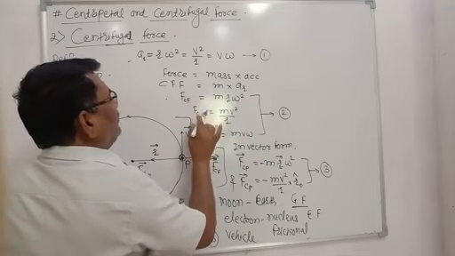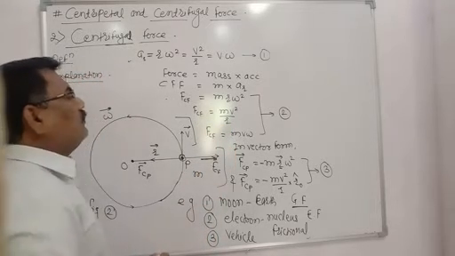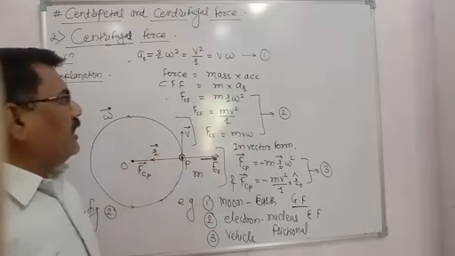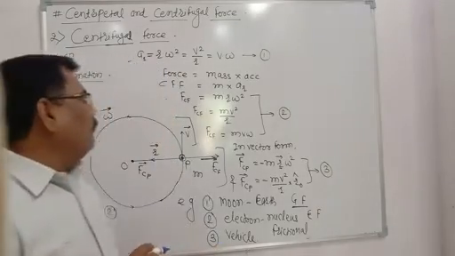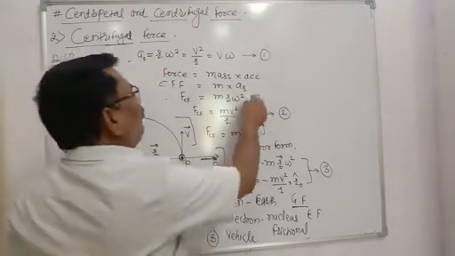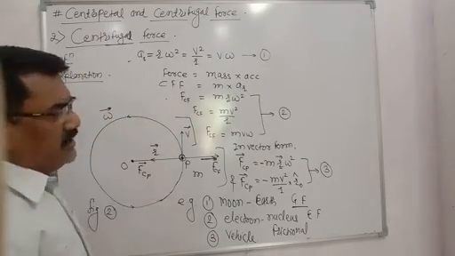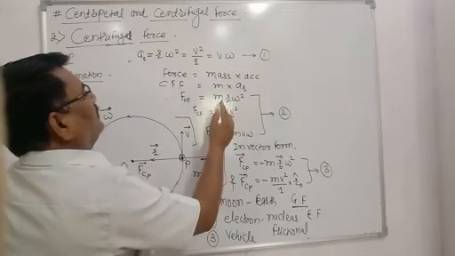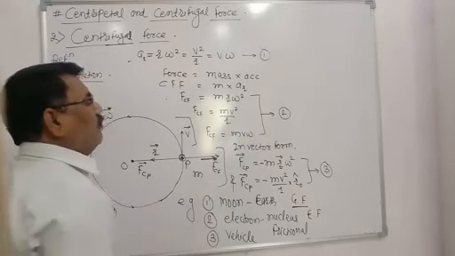So in each case we can write that the centrifugal force is equal to m r omega square, or m v square upon r, or m v omega, because I already told you that the centripetal and centrifugal forces are equal in magnitude. The magnitude of the centripetal force and the magnitude of the centrifugal force is the same. So here the magnitude of the centrifugal force is also m r omega square, or m v square upon r, or m v omega.